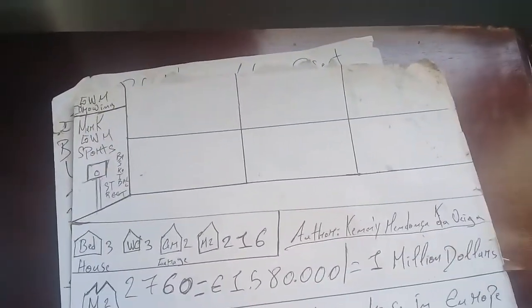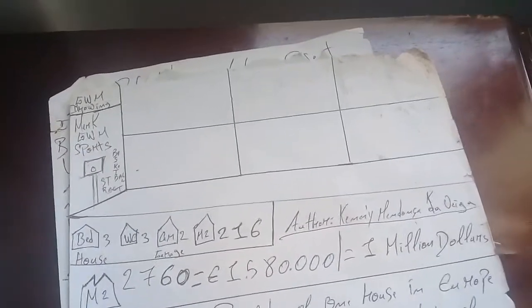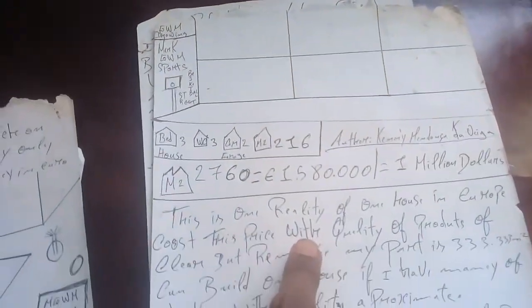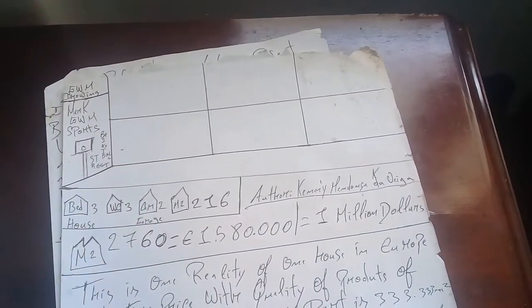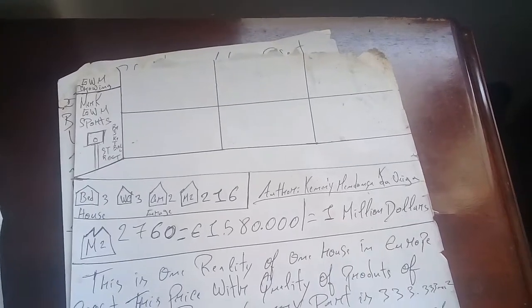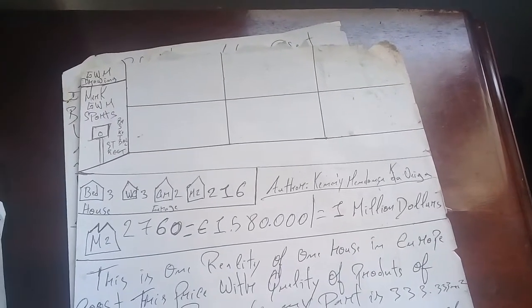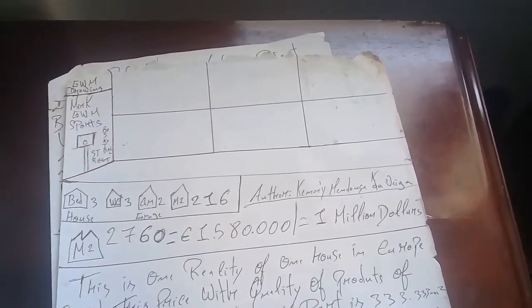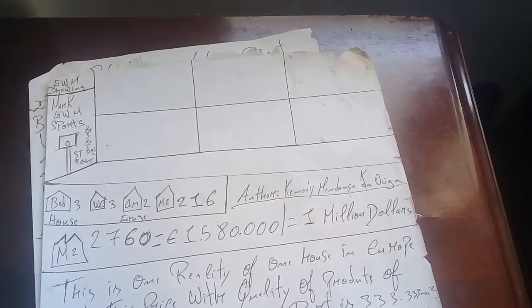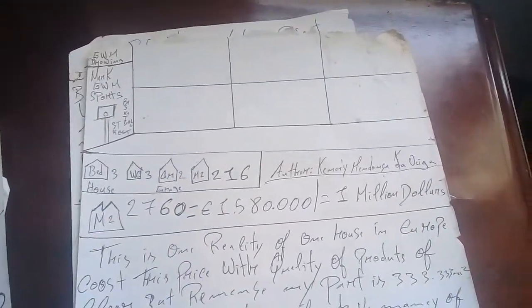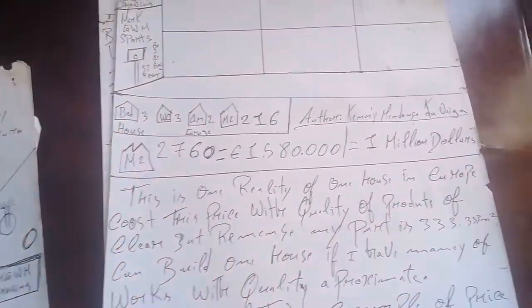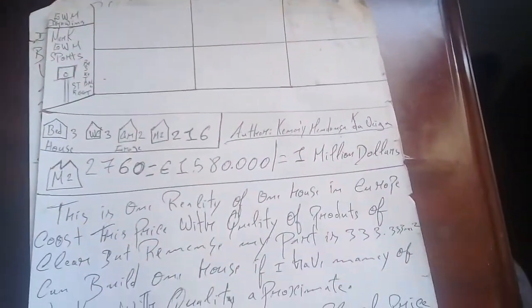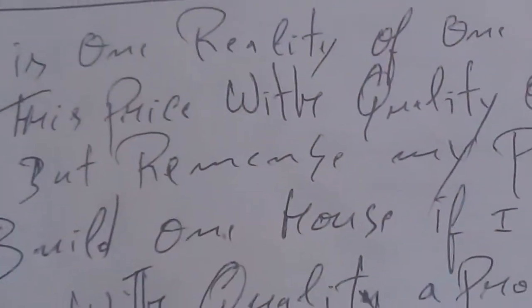hundred of dollar. This is one reality of the house in Europe because this price, this quality of products of clear, but remember my part is 300. Can be built one house have money of works with quality approximately this one of 2 example of price of house for M2 and quality in Europe, but I will show you